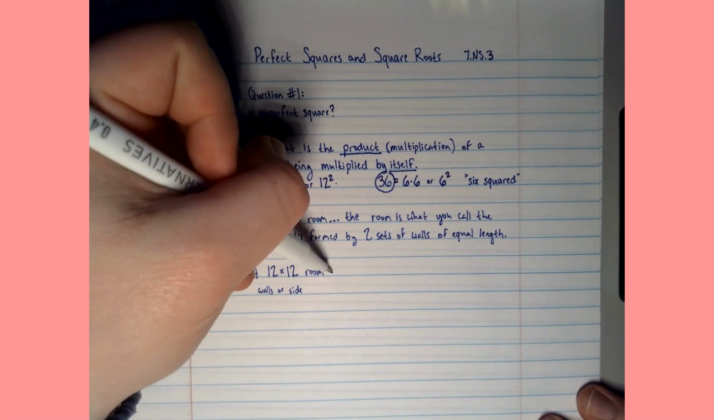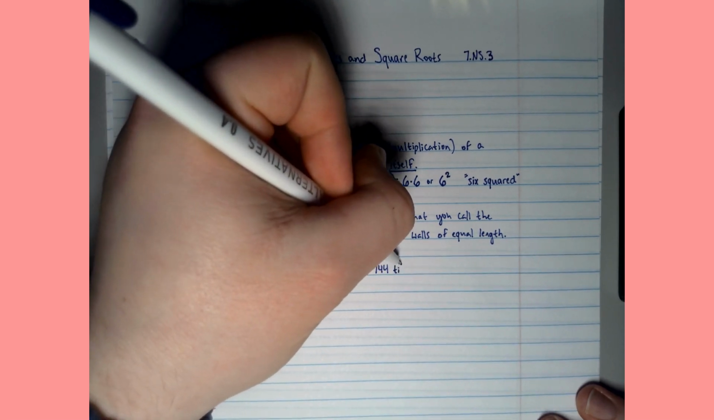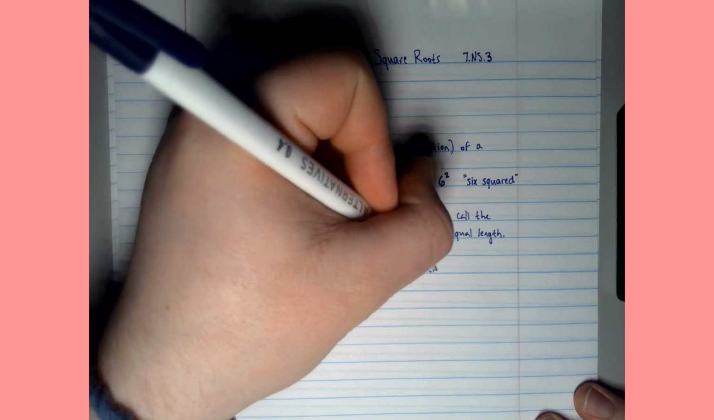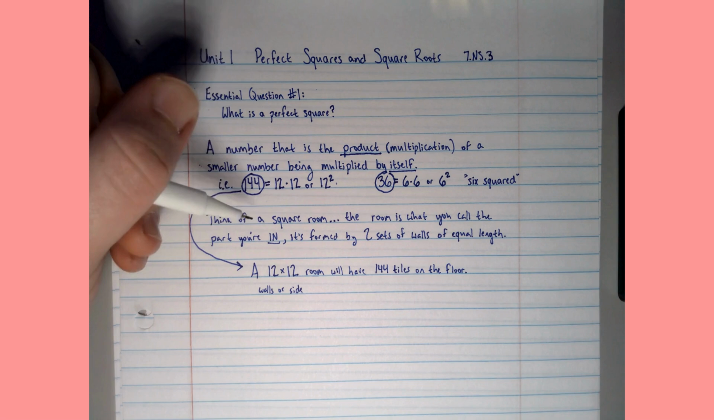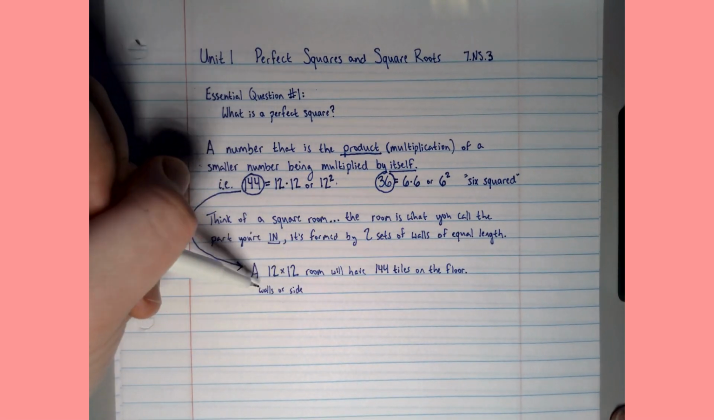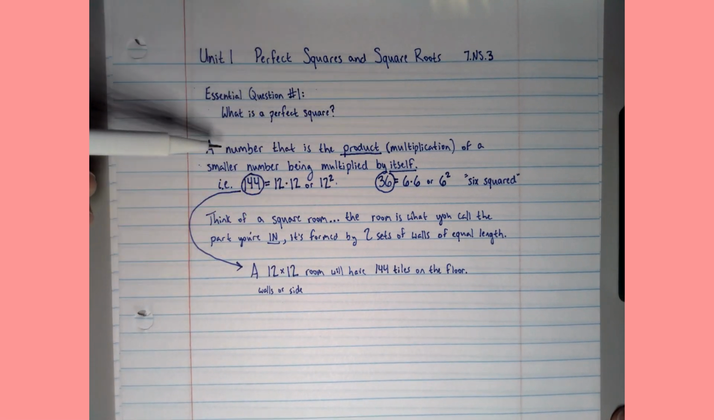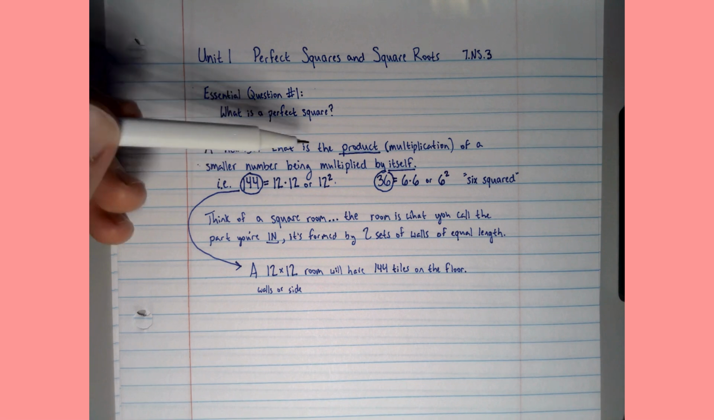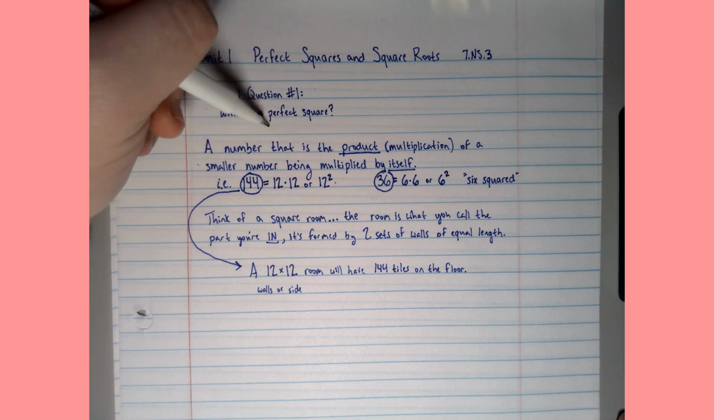A 12 by 12 room will have how many tiles in it? It's going to have 144 tiles on the floor, each one being a foot long, or a square foot. So a 12 by 12 room will have 144 tiles on the floor. So that's that square room. So a perfect square is the product of a smaller number being multiplied by itself. The perfect square is the room, the part you're in. So it's going to be, if you drew a picture,